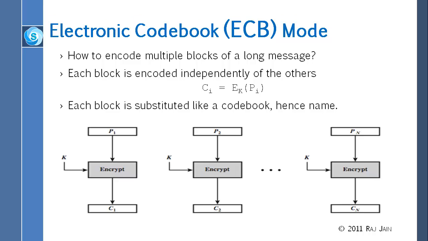So the first straightforward thing would be that, okay, the message is longer than the block, we will use the same key for each block. If you use the same key for each block, then all you are doing is taking this plain text and making it into this ciphertext, and somebody could just write a table, and they would know for each plain text what the ciphertext is. This is why it is called the code book scheme, electronic code book mode, ECB mode. So ECB mode is the simple mode where you just encrypt every block independent of the other blocks by the same key.